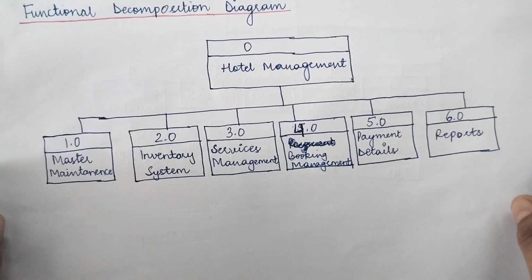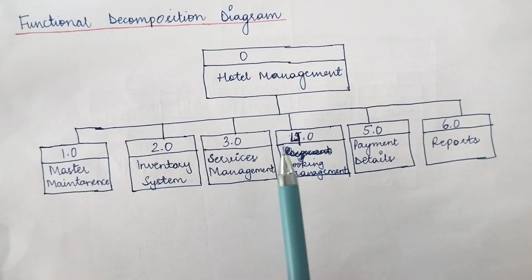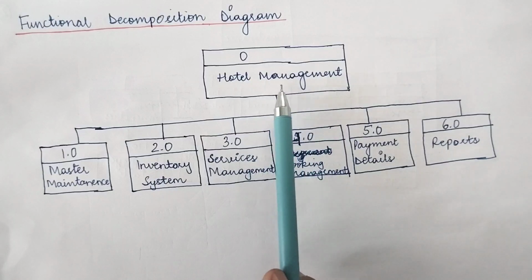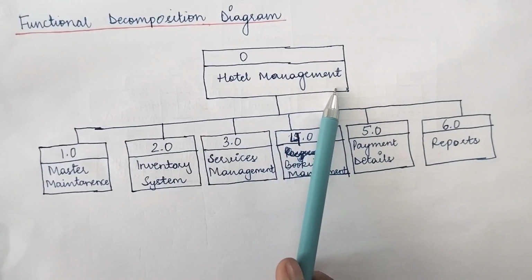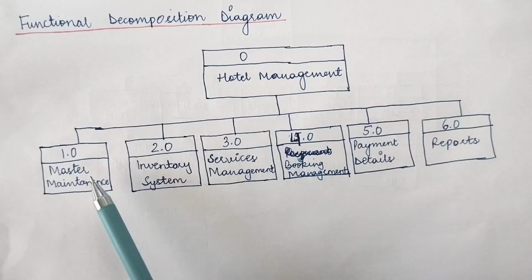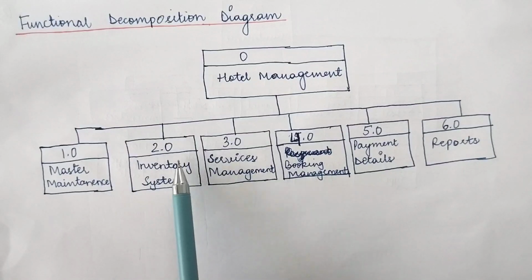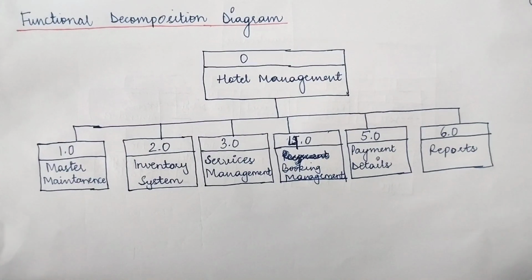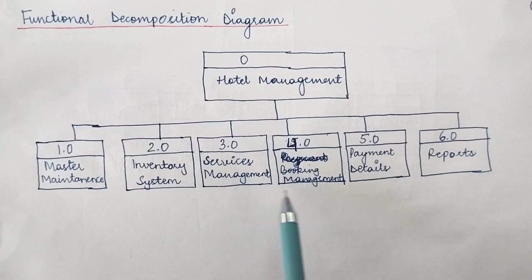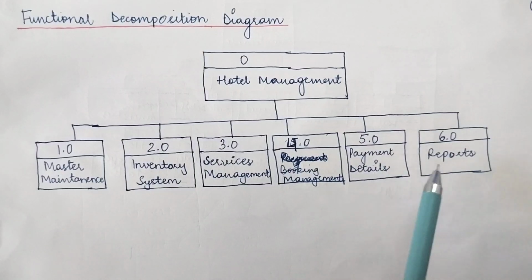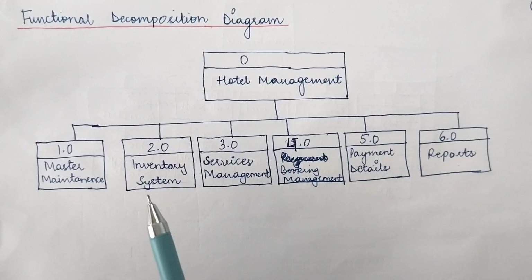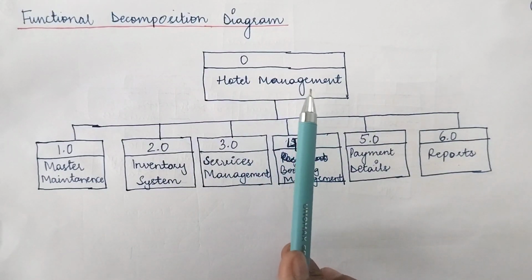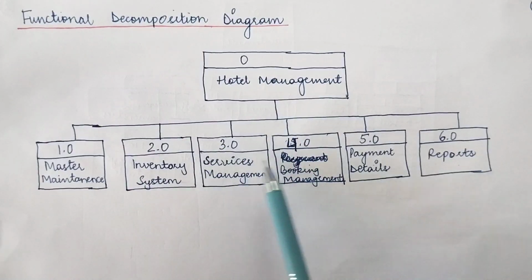Here we can see the functional decomposition diagram for a hotel management system. Now hotel management is a process in itself. Then what are the sub processes of hotel management? Master management, inventory system, services management, then booking management, payment details, and reports. Now you can clearly see that hotel management here is a process, and all these are the sub processes of